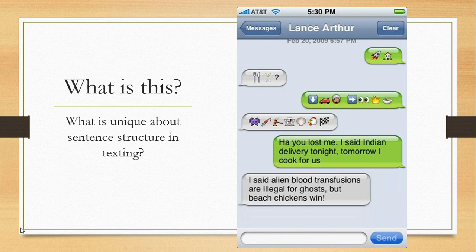In this case, in the example of texting, we actually have really unique options for the sentence structure in which we might use emojis, as these two begin communicating completely in emojis. But you'll also see that they use unique sentence structures when they start to write in actual alphabetical characters. You'll notice that they don't use a lot of punctuation. It's a little loose with that.